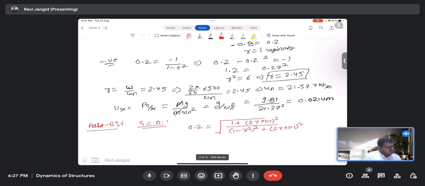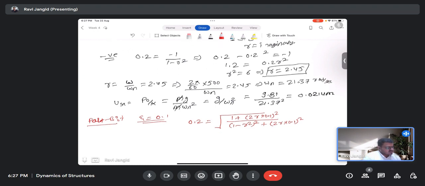Okay. So if you simplify this, your equation becomes r^4 minus 2.96 r^2 minus 24 equal